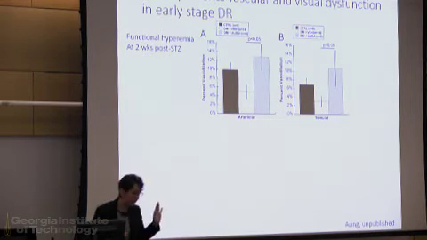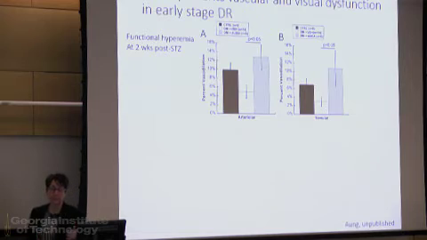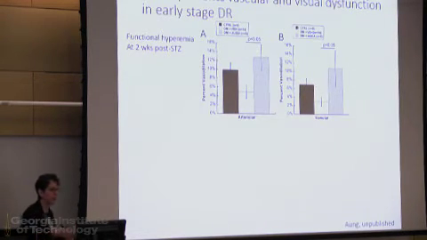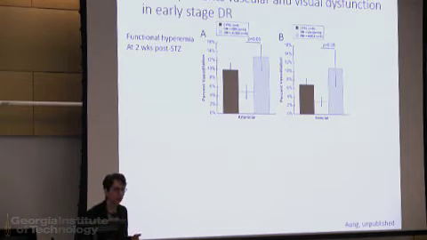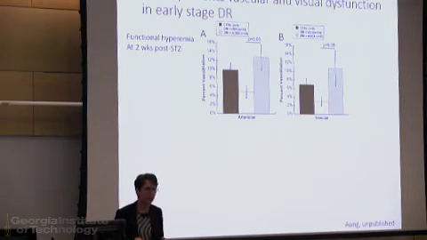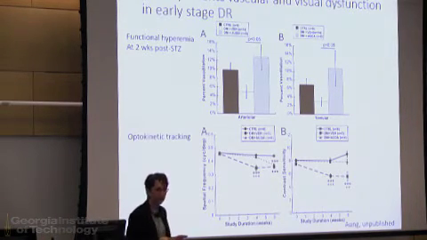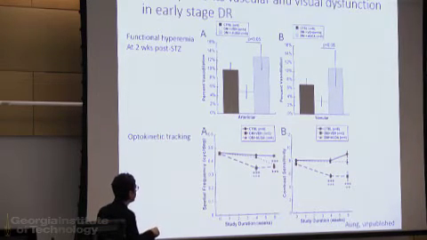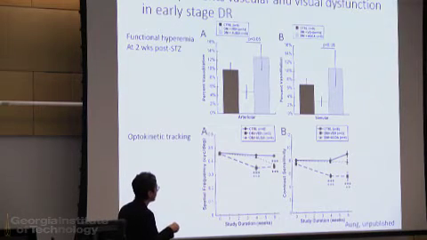Now, that is great that we would be able to see that functional response recover, but does that really matter to a patient? Is that really going to affect their visual function? So we also looked at visual function in these rats. So again, using our optokinetic tracking, here are our spatial frequency thresholds. You can see our diabetic animals with the vehicle are having a decline, but when we treat with AUDA, we